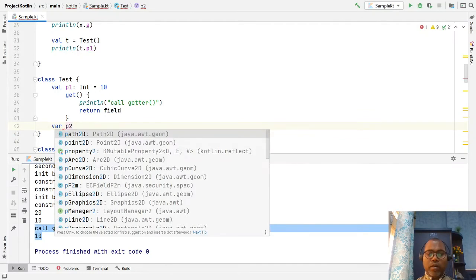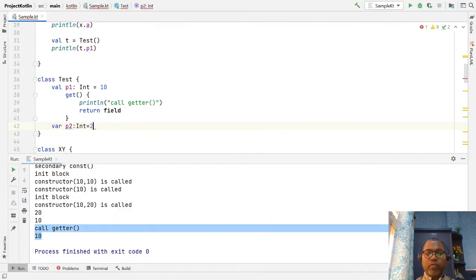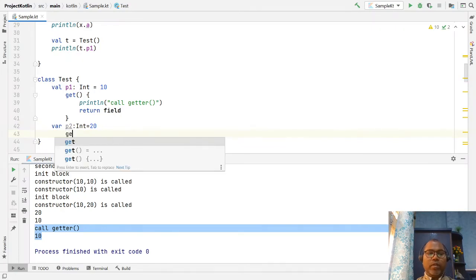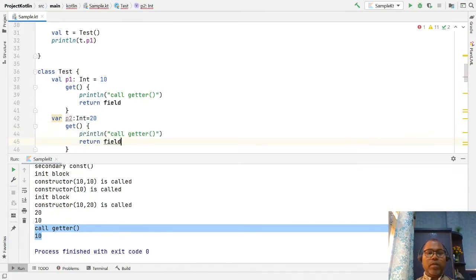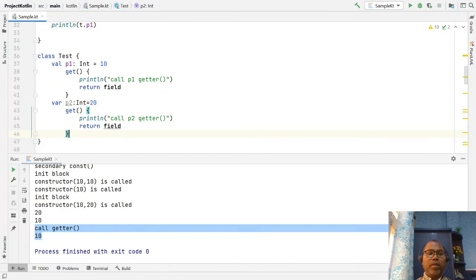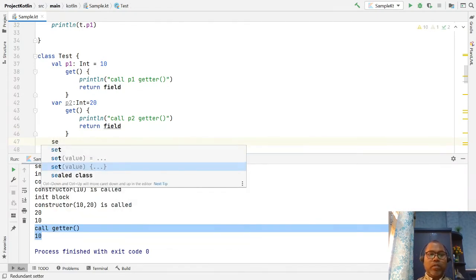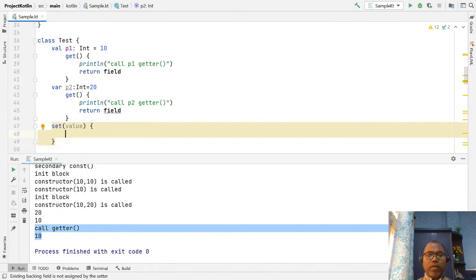Let's keep property 2 as an Int type, with a default value of 20. For the getter, you have the option to write the getter and return the field, printing "property 2 getter". Now that we have the var keyword, you can also set your setter. So you have the option set, and in the set we have the option to set the field equal to the new value.